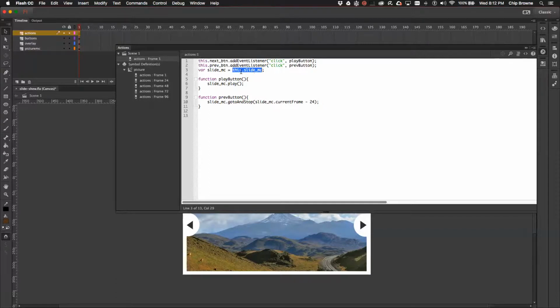But this is putting. Do you need to have the var in there? Yeah, for this example, yes. If we didn't do that, we would have to be explicit down here and say this dot and this dot. What this does is it makes it so we don't have to type in this all over the place. We just do it once, and we associate the object, the movie clip called slide_MC, and we associate that